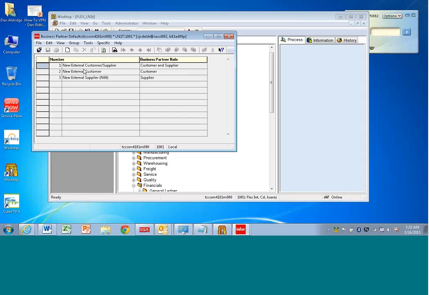configurations. So I have one that's an external customer and supplier. I mean, you can do Flextronics internal with different terms and things like that. But what I set this one up as, business partner role, is customer and supplier. Okay, so what that means is that you have the customer roles to the left and you have the supplier